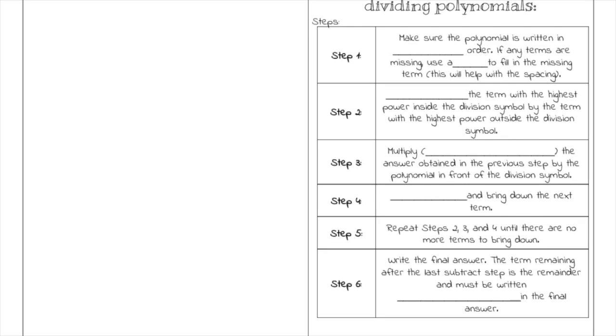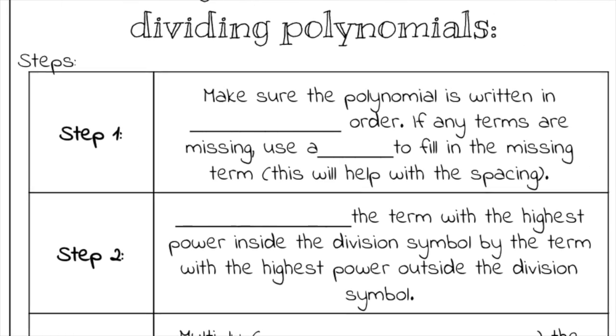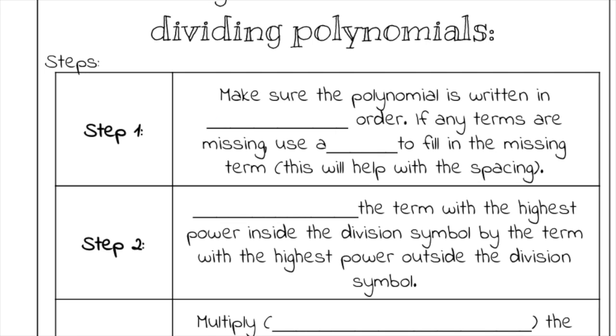All right, so with long division, just like with long division with basic numbers, you still have to make sure that everything is in order and you have to make sure that you set things up properly. So for step 1, you need to make sure the polynomial is written in descending order. So when we say descending order, I'm going to zoom in on this a little bit. Descending order means that I start with the largest exponent and I work my way down to the smallest,